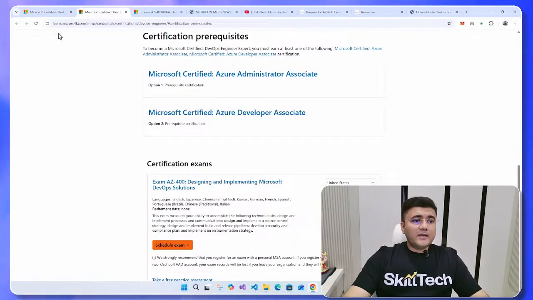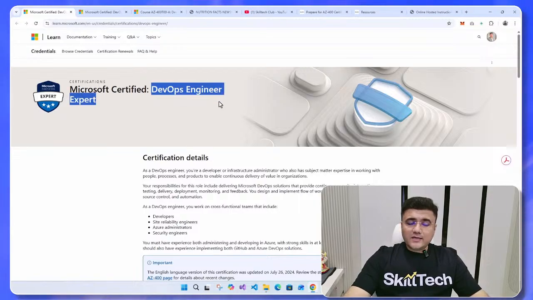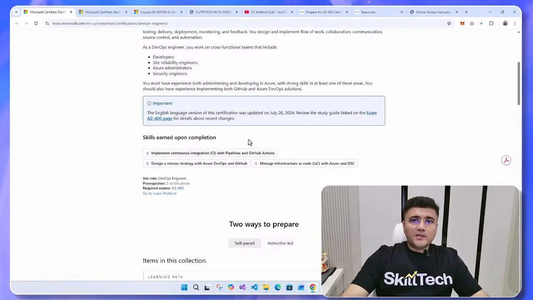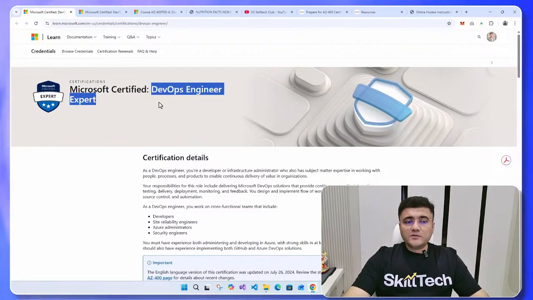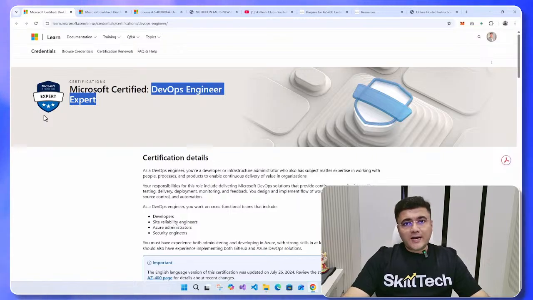As of now, let's focus on the Microsoft Certified Azure DevOps Engineer Expert track. As I said, this is very important and valuable, and it has a prerequisite as well. One thing I want to clarify is that you don't need to give the AZ-104 or 204 exam first. Yes, it's a prerequisite, but if you directly go for the DevOps Engineer Expert exam, you can still give the exam. After clearing this exam, you will get this reflected on your Microsoft Learn website. In your Learn profile, it's going to show that you are certified with DevOps Engineer Expert. But the badge is not going to be visible there. If you want to get the badge, then you have to clear the prerequisite exam.